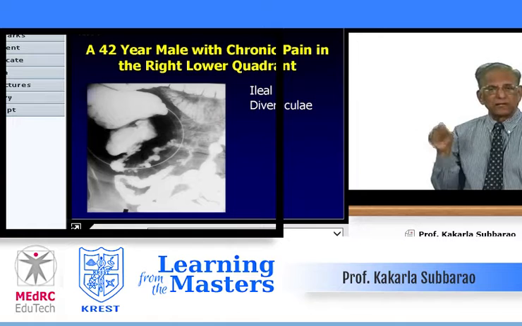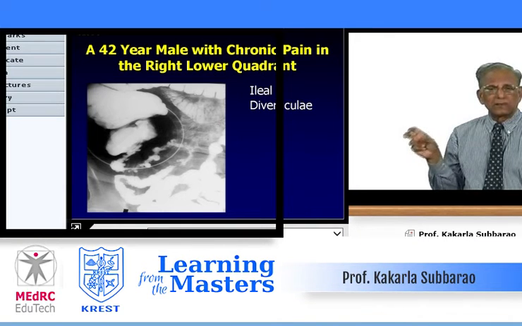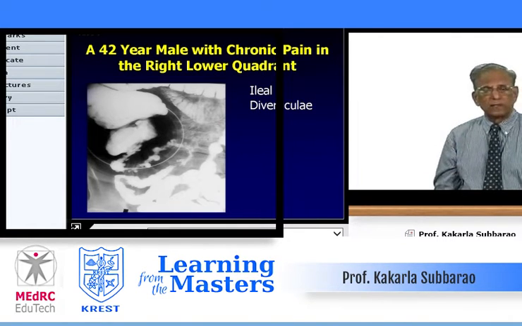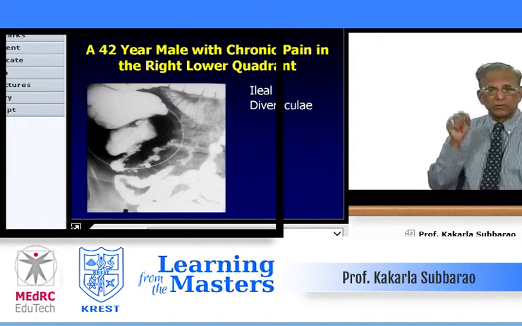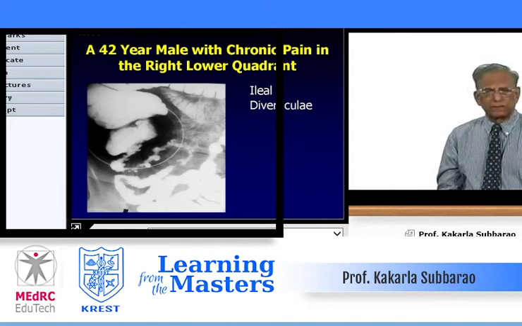Diverticula of the GI tract are not uncommon, either acquired or congenital. Esophageal diverticula, we have seen, Zenker's diverticula, stomach diverticulum at the cardiac end, and duodenal diverticula, small bowel diverticula, but this is ileal diverticula, congenital ileal diverticula. Occasionally, in Crohn's disease, or even tuberculosis, or any other inflammatory disease, you may get a pseudo-diverticula with stenosis, but these are congenital diverticulosis. What is the importance?